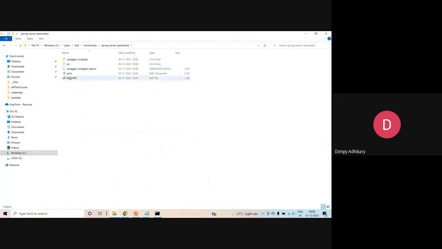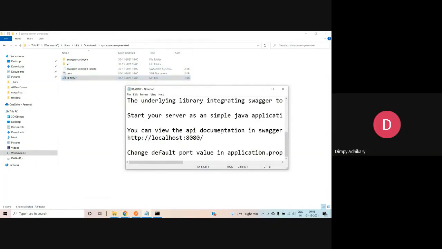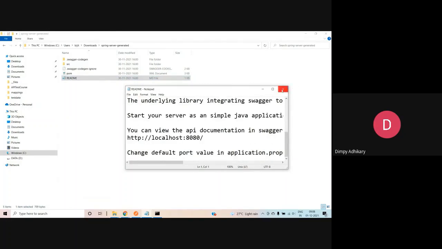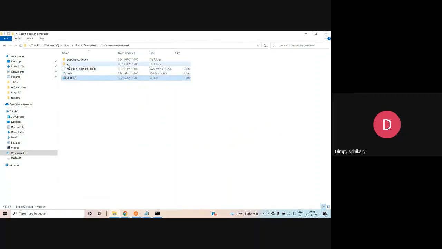So you can see here, it generated the entire code based on that file. This is actually a hidden feature of Swagger. Mostly people use it for documentation, but it also provides this kind of code generation facility. If you see here,